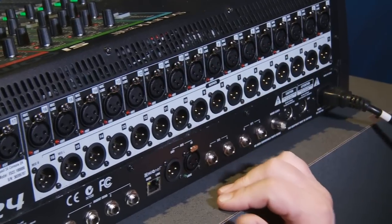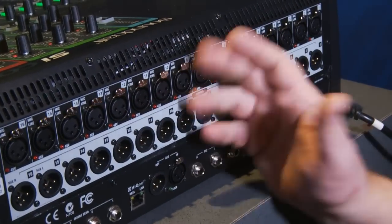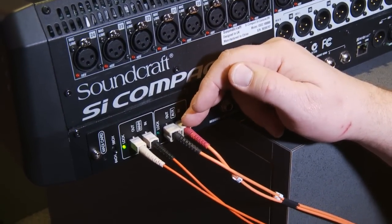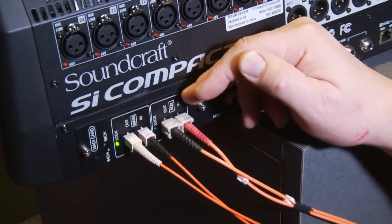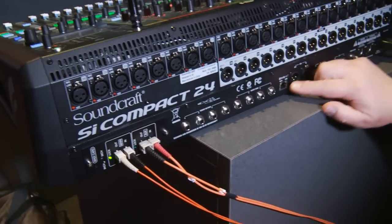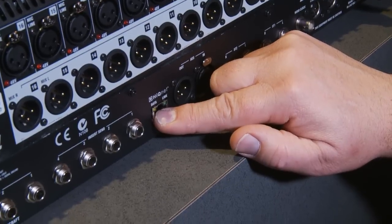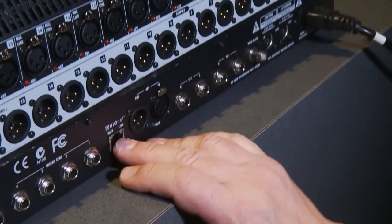And of course the first question a lot of people ask about a digital console is, why aren't there more outputs? Because I've got a 32 channel input console here, I've got more buses. Well, here's the key, is that we have a card, and in this particular case on this console, a MADI card is installed with fiber out. So I can access all my ins and all my outs off of the MADI card, or I can have other cards to plug in to work with other types of digital inputs and outputs. But that's right on the back panel here. You could also go ahead and put this into the Harman HiQ-Net digital system so it can talk with the other items such as the Crown amplifiers and other products that Crown has on the IQ-Net and use their Architect